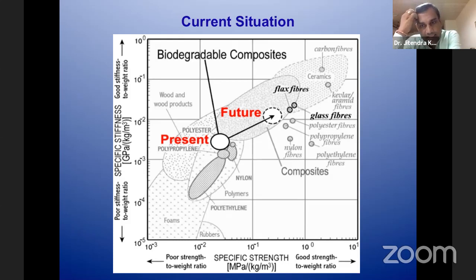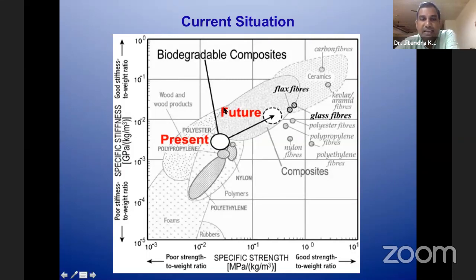other aspects through which we can at least improve their strength to weight ratio, and it should also have a good stiffness to weight ratio. That is our main aim in the current situation. So whether we are working in aircraft, aerospace industries, or the space industry, the chamber, how can you make it with a lighter weight, and it should have a good stiffness to weight ratio also. That is desired nowadays.